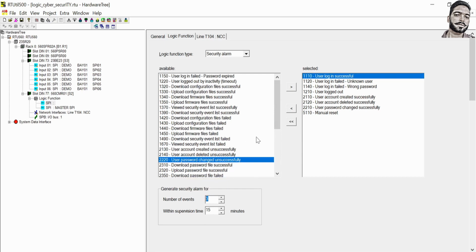On the 3rd time you will get an alarm. You can reduce it to 1 also, and the supervision time is 15 minutes. It means if somebody enters a wrong password the first time, the 2nd time and the 3rd time within 15 minutes, then you will get an alarm. You can adjust the time of 15 minutes as per your convenience.